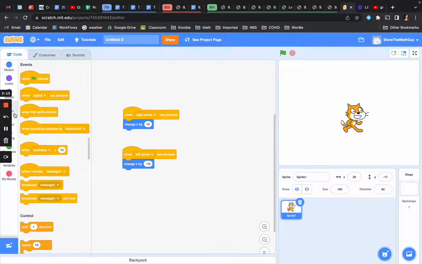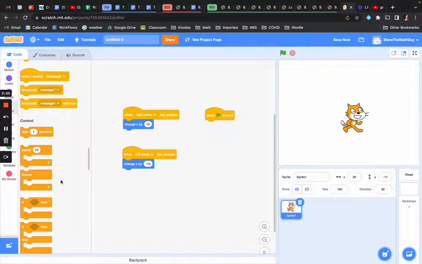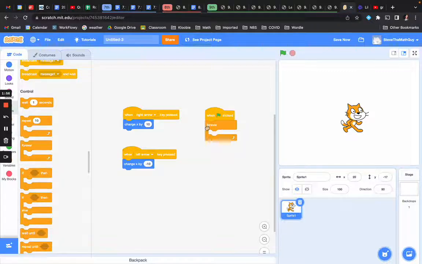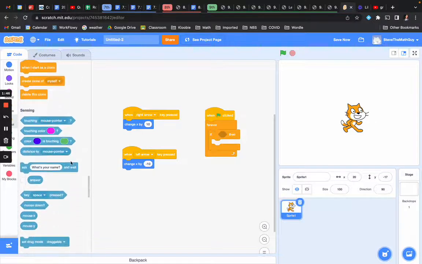If I go into here, what we have to do is run the code. And what I'm going to do is when you click the green button, I'm just going to have it always check to see whether or not a key is pressed. And if that key is pressed, then move in that direction. So I put in this forever loop under control, and then I put in a check that says if something happens, what is that? Well, if